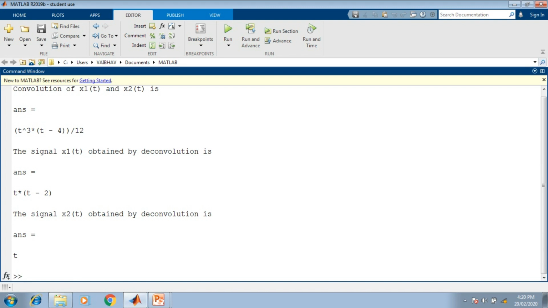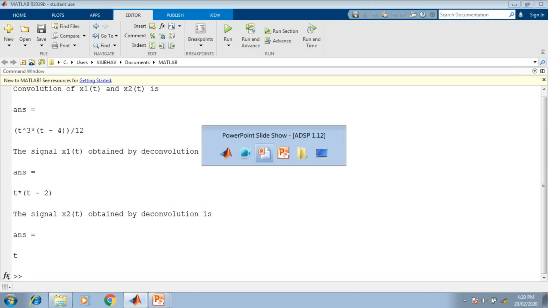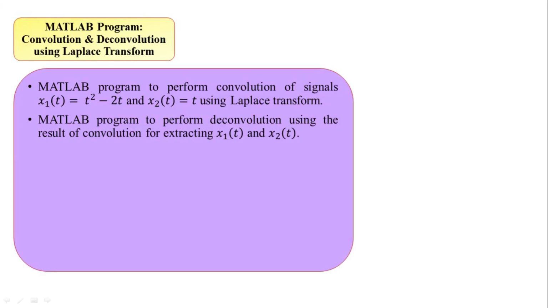So it will give us the t square minus twice t here, whereas the second signal x2 of t is equal to t here. We get back to the problem statement. So this was t square minus 2t, the first signal, and x2 of t, it was t here. So the task is here completed to deconvolve from the output of convolution for extraction of the original signals here.